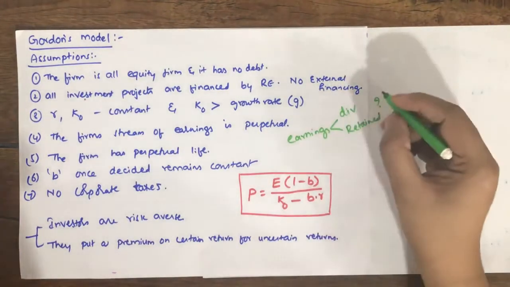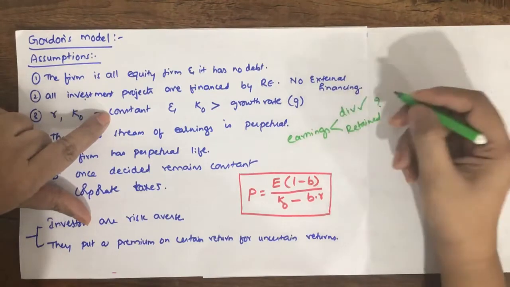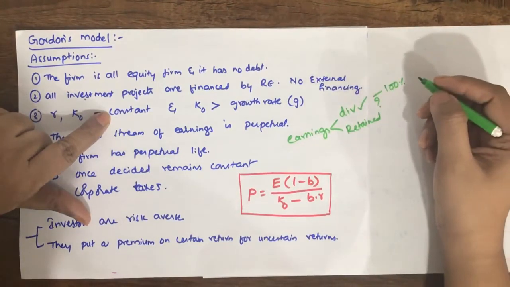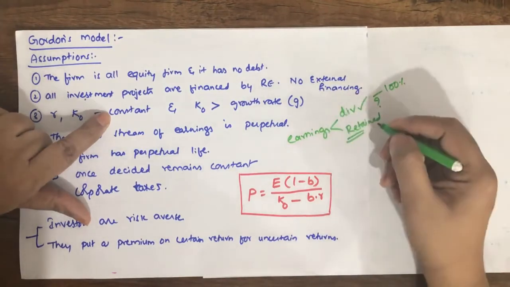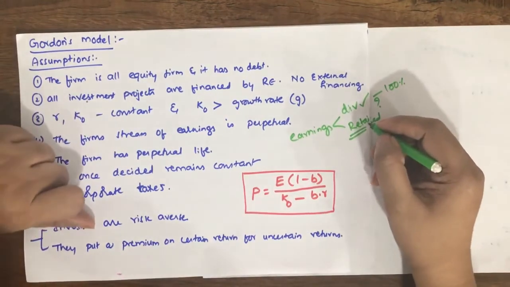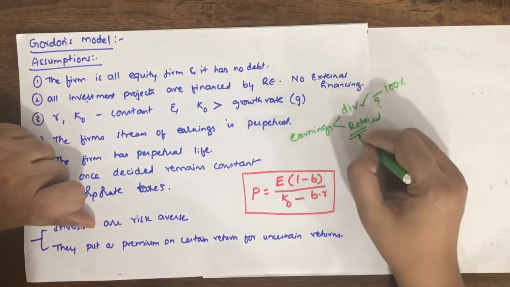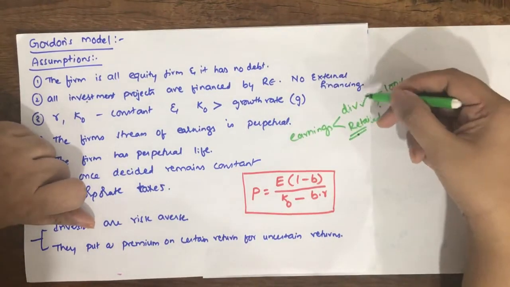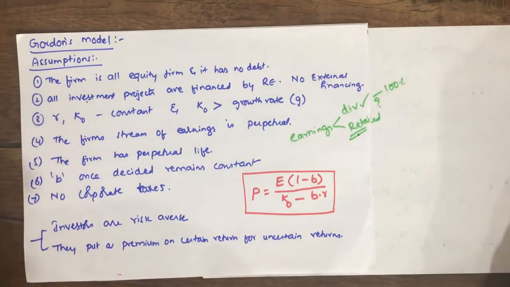If 100% of the amount is paid as dividend, then how can it finance its internal projects? If the company retains its earnings and doesn't pay dividend, then equity shareholders, some of whom may be expecting current income, this dividend, as their income,